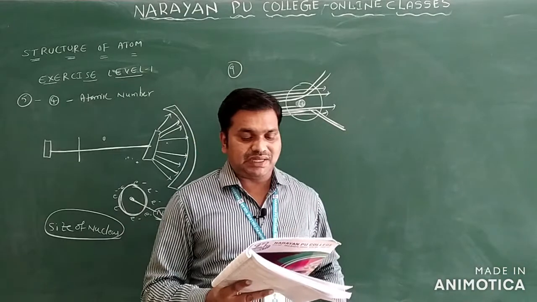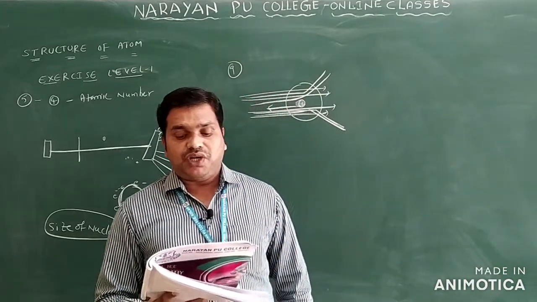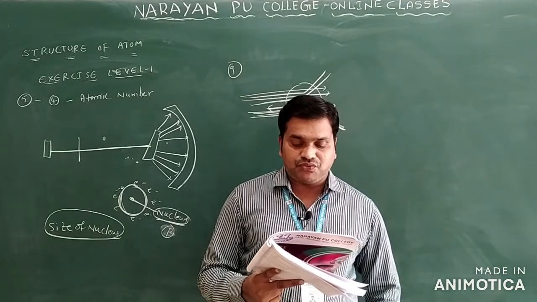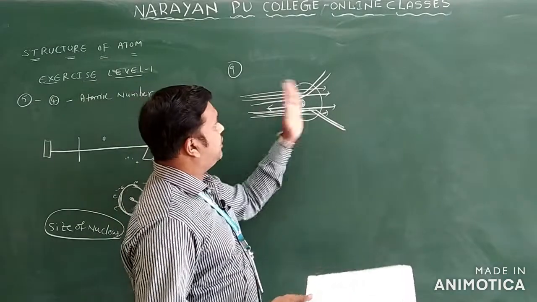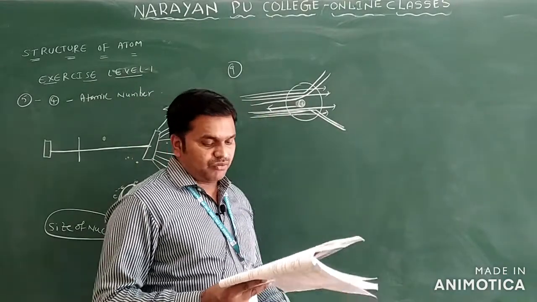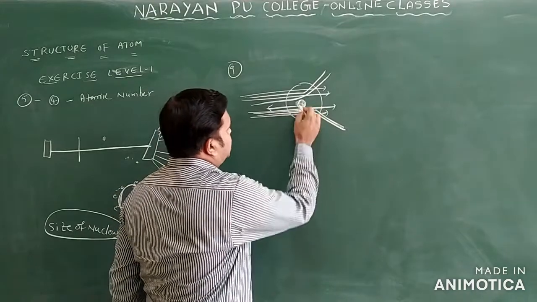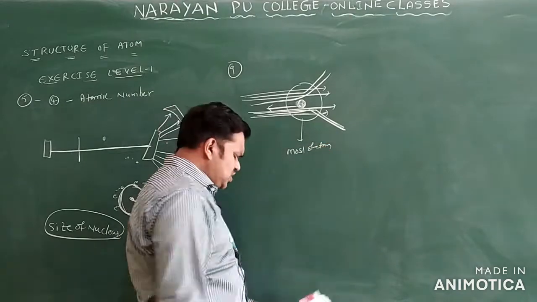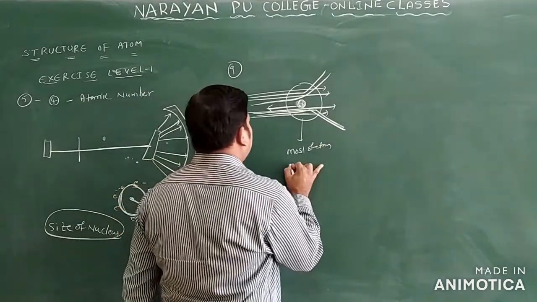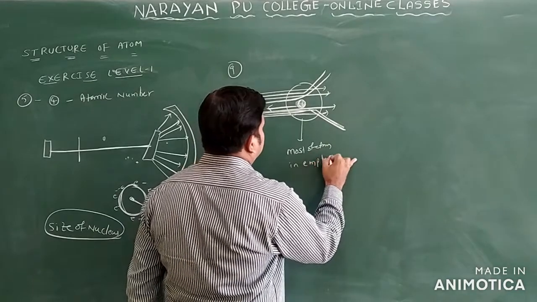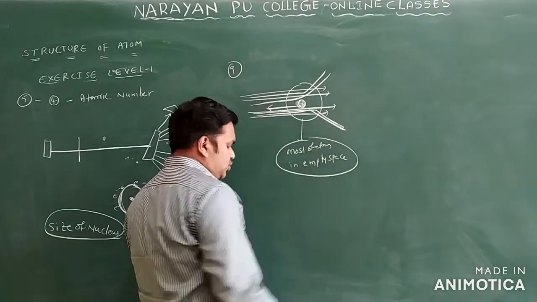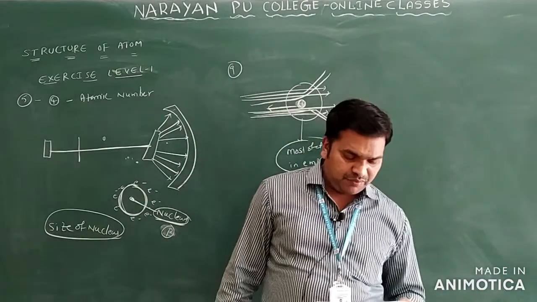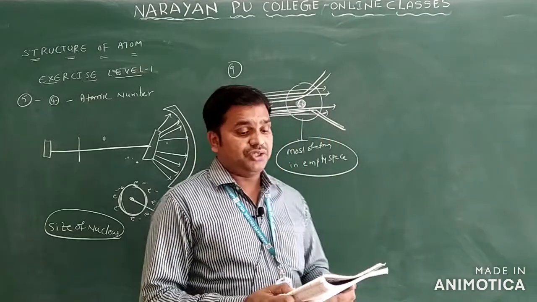We will discuss question number 10 later. You can see question number 11. When alpha particles are sent through a thin metal foil, most of them go straight through the foil, because if you see, most of the alpha particles pass through. Why? Because here the positive charge is there, and most of the atom is empty space only. So most of the part of the atom is empty space. You will take option 3 for this question.